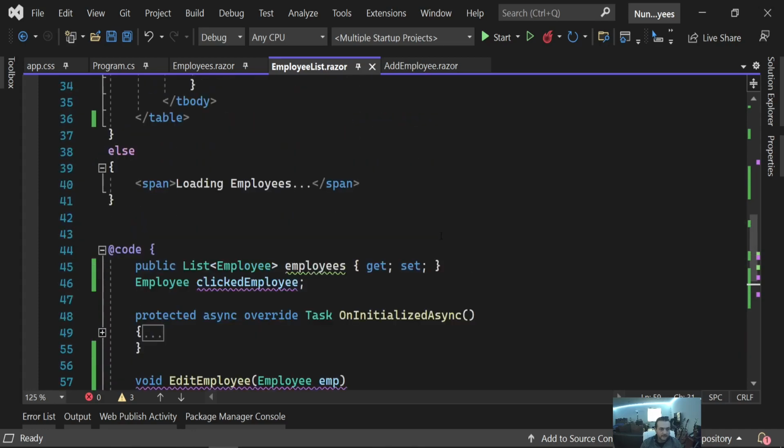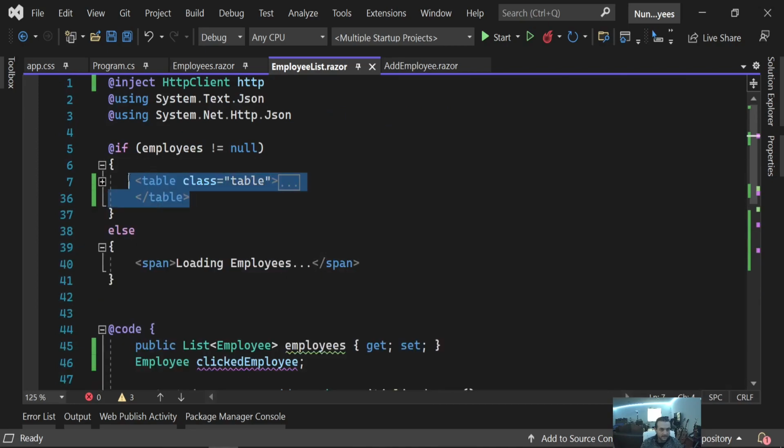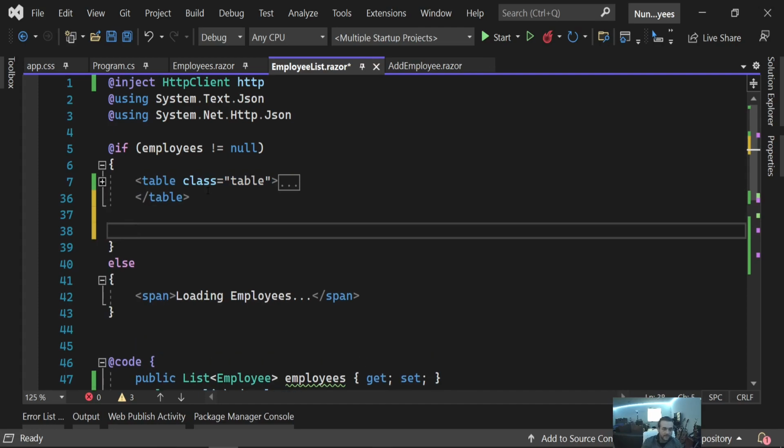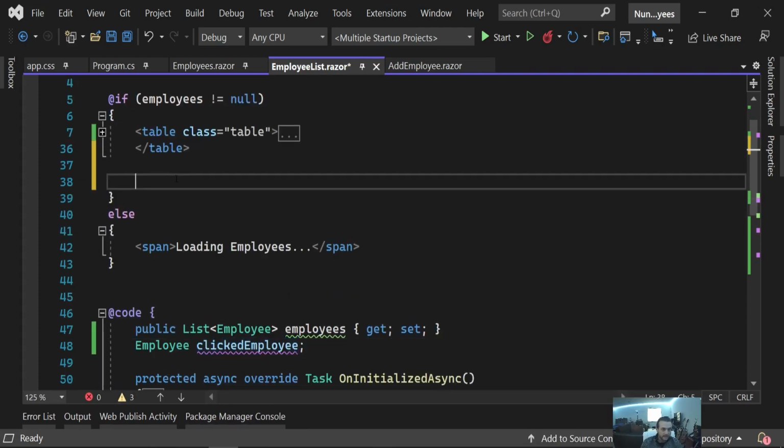Okay, so let's go up to the top here. So I'm gonna collapse this table. This is the table that's loading the employees, right? Right underneath it, I'm gonna output this clicked object. But I only want to output this clicked object if it's not null, because if we try to output any property from this object, you'll get a null reference exception if the object is not instantiated. So we're going to say